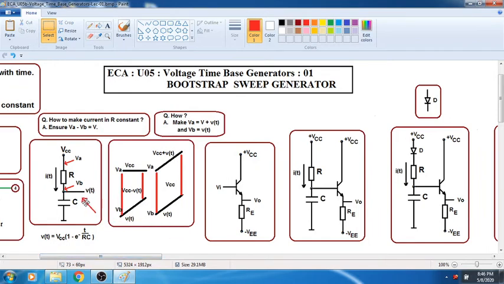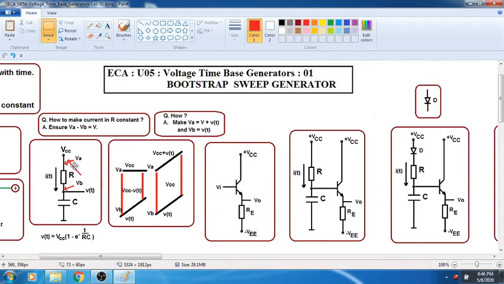We can't simply take this point VT and connect to this point, because we want this to be VCC plus VT. If we connect directly, what will happen? This will short the resistor. Resistor will not be there at all. So without shorting the capacitor node to the supply voltage, we must somehow make sure that this VT is getting added at this node. Now a very good method of doing this is to physically, electrically separate the 2 points.